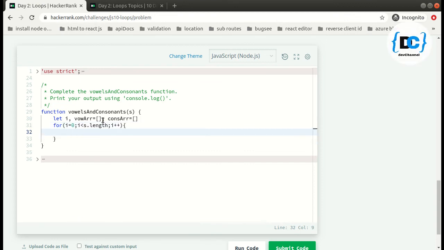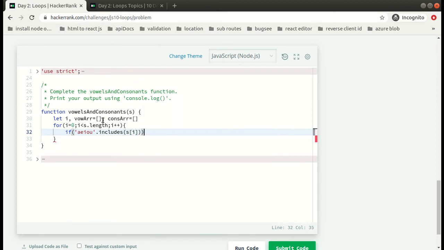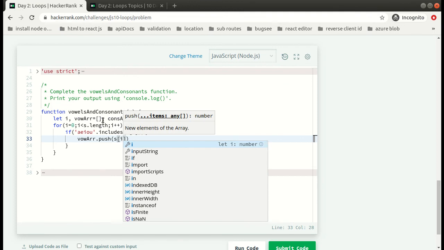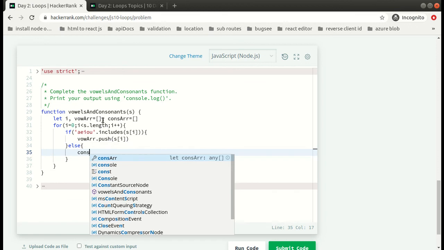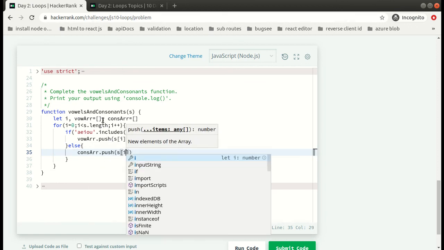Now if this string includes a e i o u at s at i, that is, if any of these characters in the string matches a e i o u, then we will simply push them into our vowels array. Vowels dot push s at i, else we are going to push it into the consonant array. Push s at i.